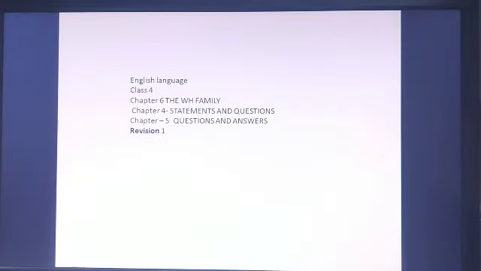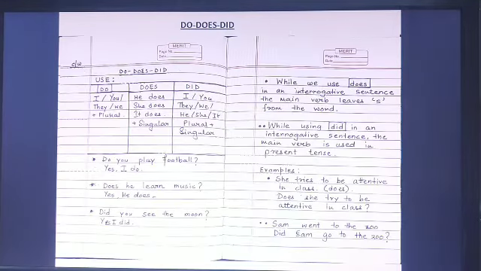Okay. Now in the helping verbs or auxiliary verbs we found three new things, that is do, did and does. So today I will be discussing a little bit of the rules about do, does and did, and you will copy them down in your CW copy first. Okay, everybody take out your CW copy, your pencil and eraser, and you will copy this down first.